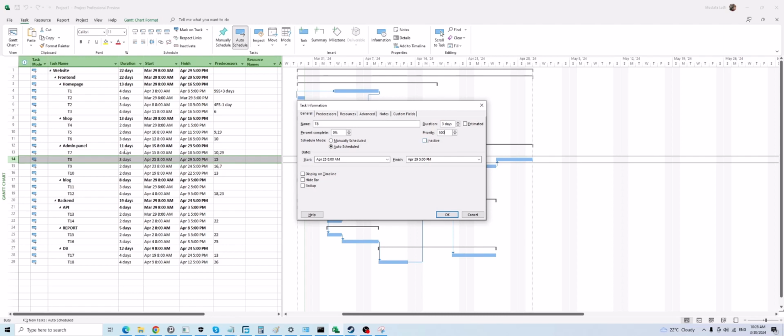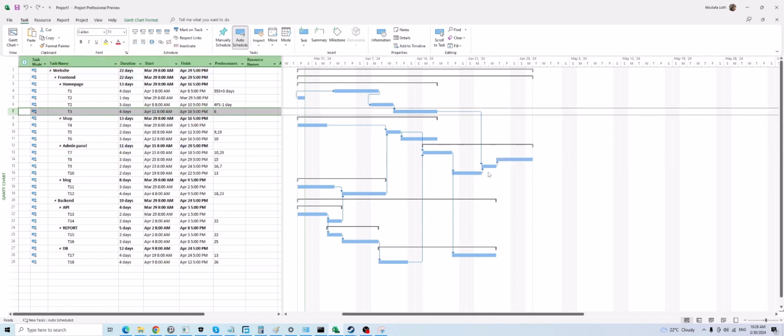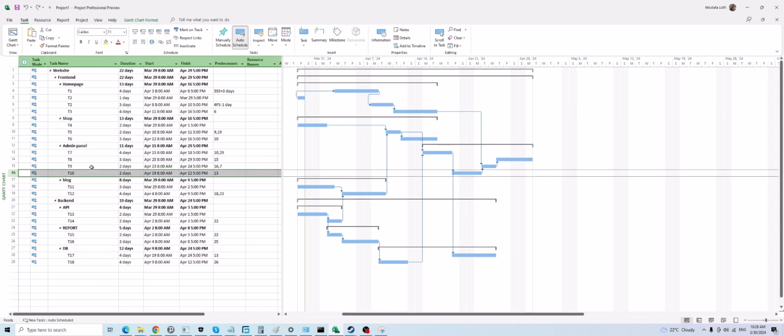Inactive, you can have a task and make it inactive. When you make a task inactive, the record still exists in Microsoft Project, but it is not affecting your schedule. For example, let me make this task inactive. You can also access this function here on Task, Inactive. Now that it's inactive, this task is not considered part of your planning, but you can also enable it again. Okay,